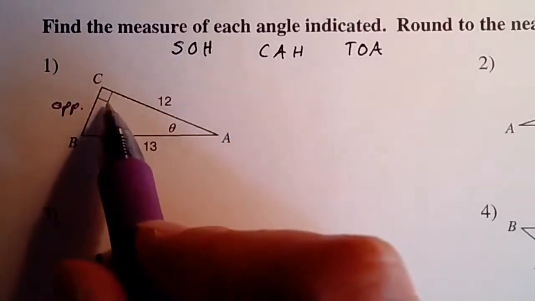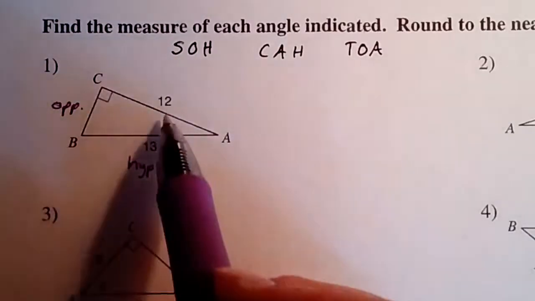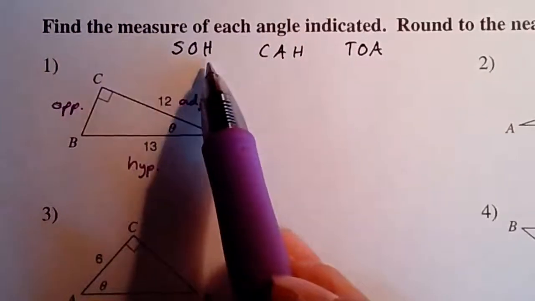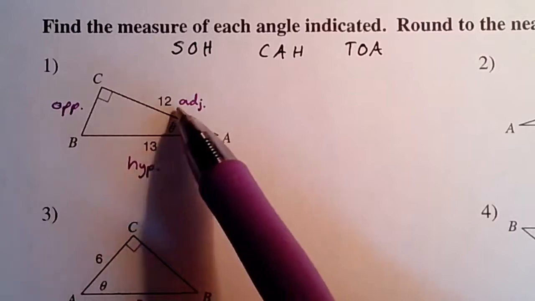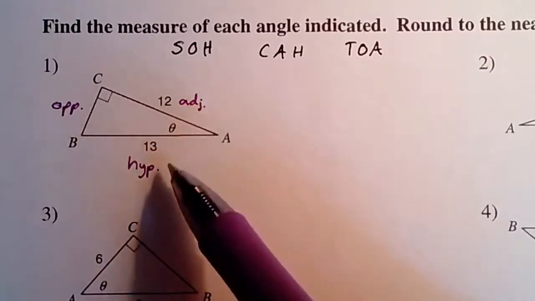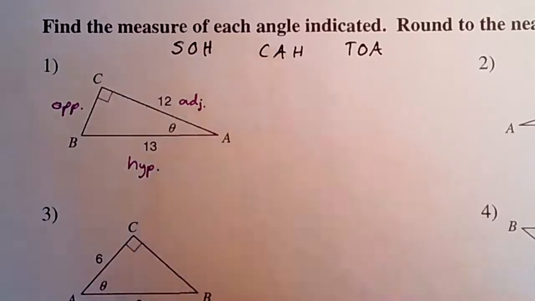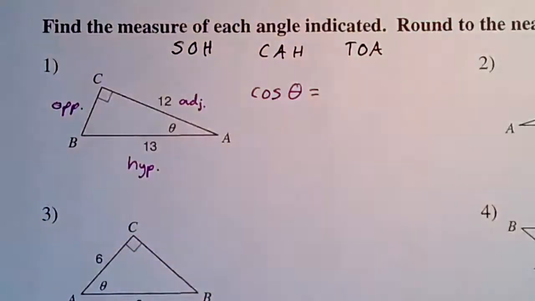The one that's across from the 90 degrees, the 13, is the hypotenuse, and that makes 12 the adjacent. So we need to look and choose, is it going to be sine, cosine, or tangent? I've given you the 12 and the 13, so that's the adjacent and the hypotenuse. So that means that this is going to be a cosine, because it includes the adjacent and the hypotenuse. So I can write it out as the cosine of theta is equal to the adjacent side, 12,